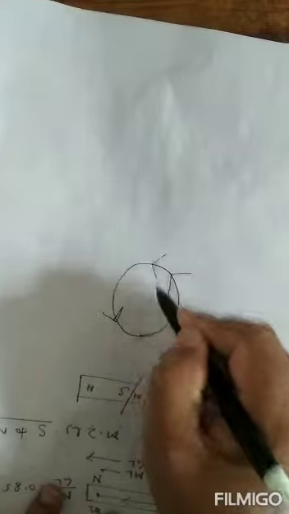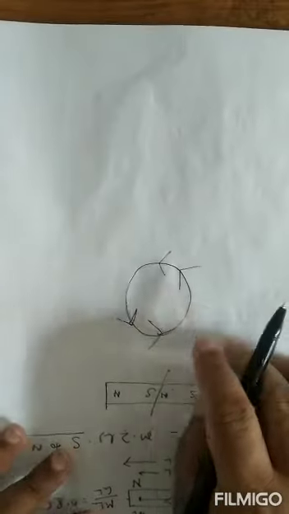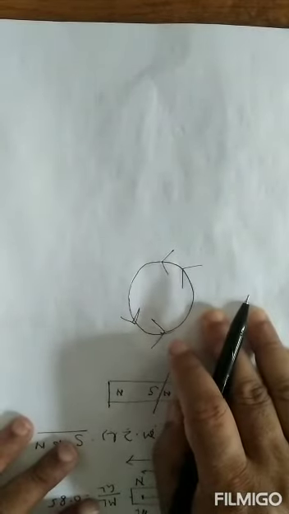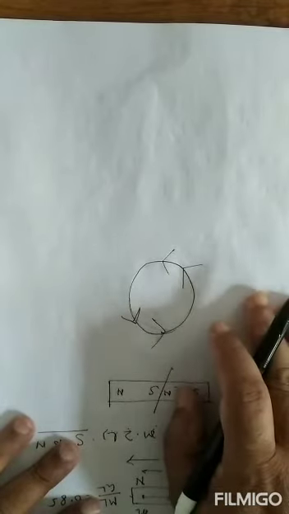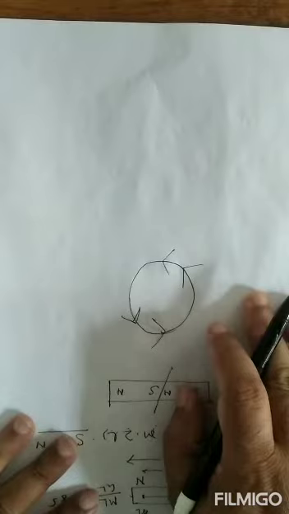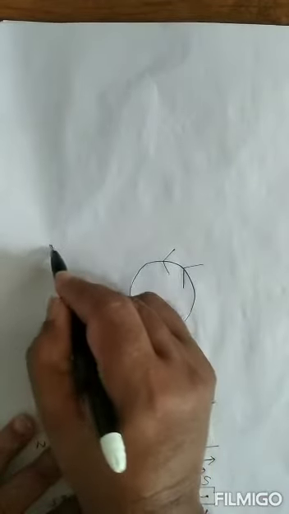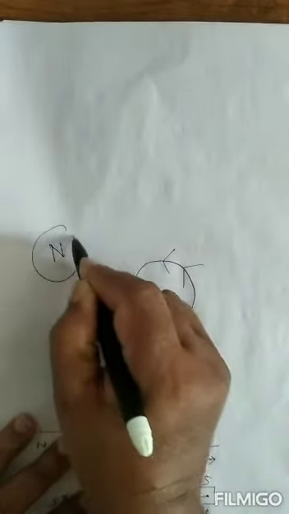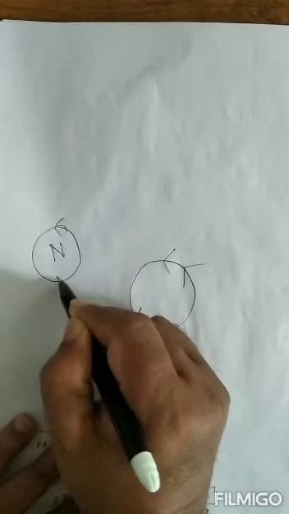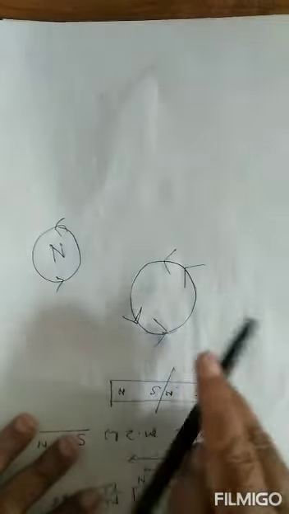Have you seen it? Okay? So here direction is clockwise, here direction is anti-clockwise. That means if current through a face of the magnet is found to be anti-clockwise, then current through the opposite face is found to be clockwise. Or if current is anti-clockwise, it acts as the north pole of the magnet. Because it can be calculated.